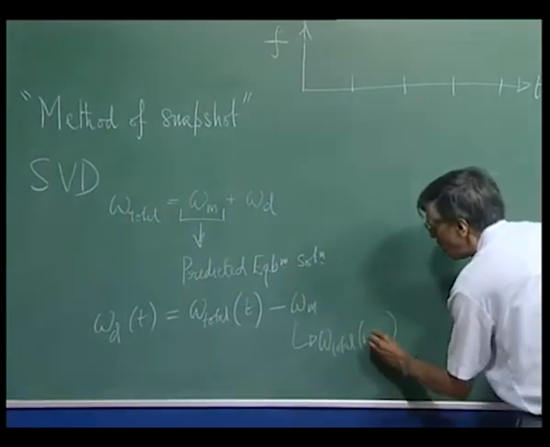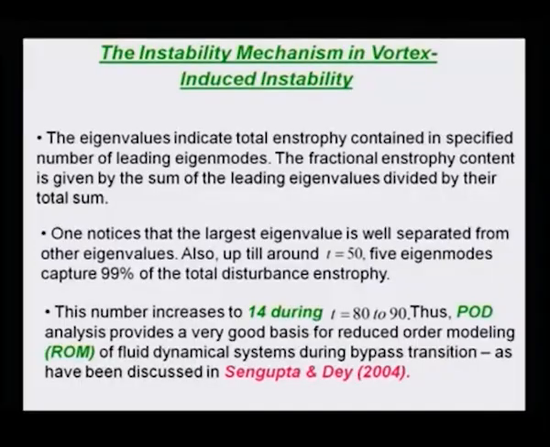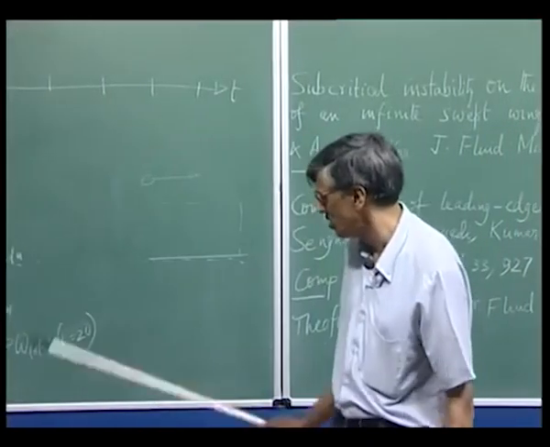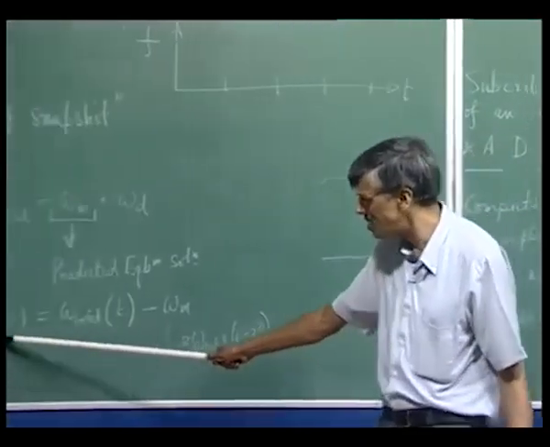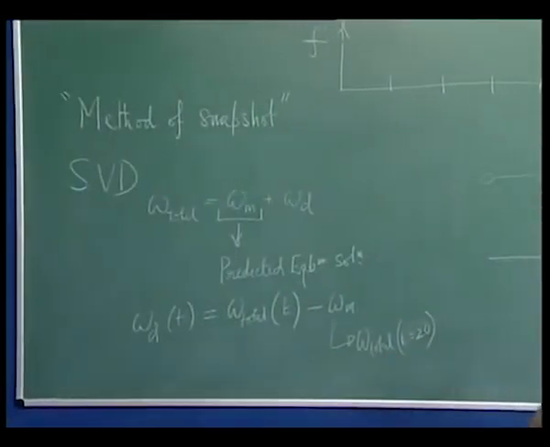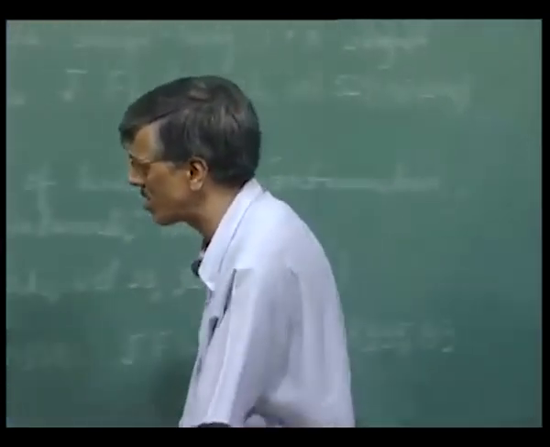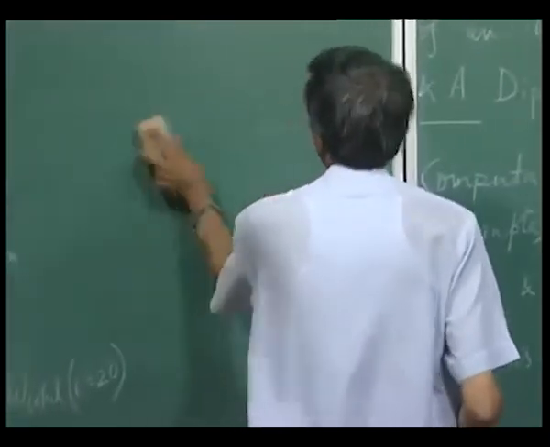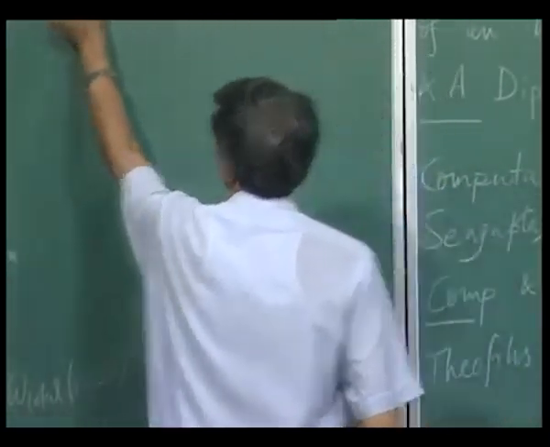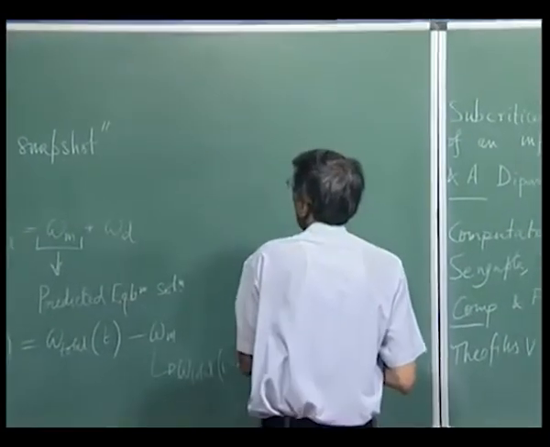For this particular case that we have shown here, it is like this. So, at each and every time I am getting this disturbance vorticity, then what I could do is create a correlation matrix, whose elements I could call R